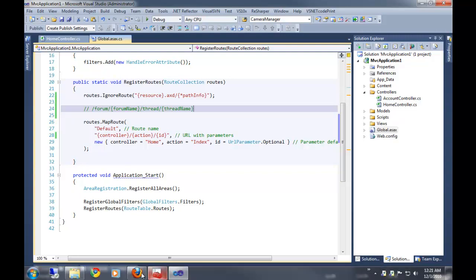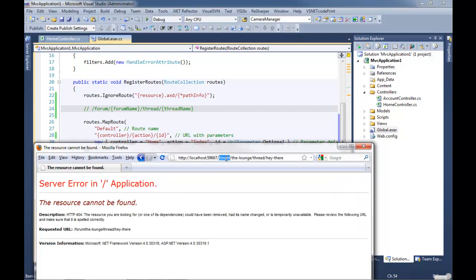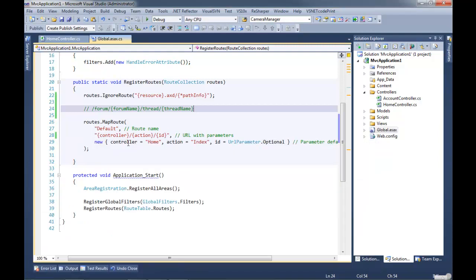And then it would see that. It would match this because it sees there's a literal here, a variable here, a literal here, and a variable here, and they all kind of come together. So then it'll yank the lounge into this variable, and it'll yank hey there into this variable. And then it'll invoke whichever controller and action that I decide to send it to with these parameters. Well, you say it's so awesome. This is very intriguing to me.